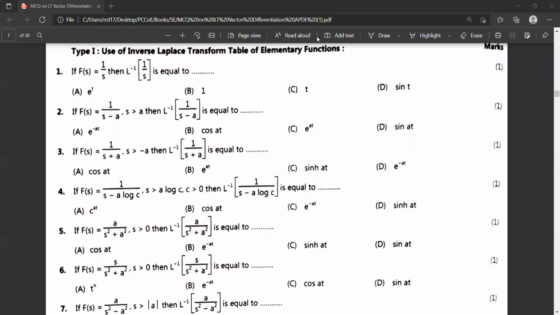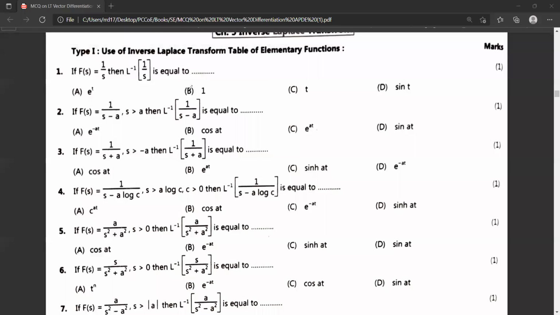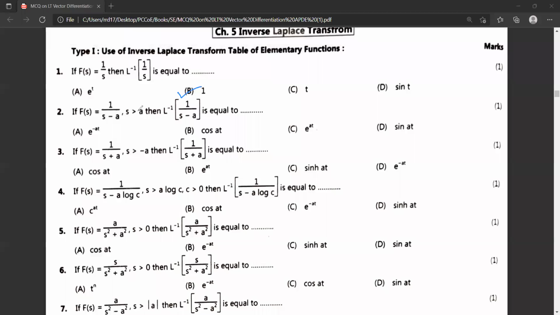Let's quickly start this. See, this one is just 1, so this is just the Laplace inverse of 1 upon s minus a, which is equal to e raised to at. अगर s plus a होता है तो e raised to minus at आता है. अब इसका कैसे कर सकते हैं आपको पता है? Now this is definitely not an answer, this is also not an answer, and this is also not an answer. So by this deletion method, we are going to delete the options जो answers नहीं रहेंगे. We are getting the answer A.